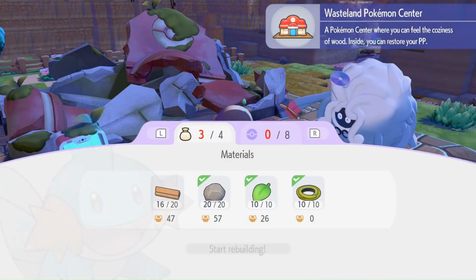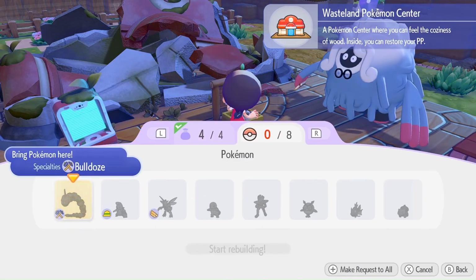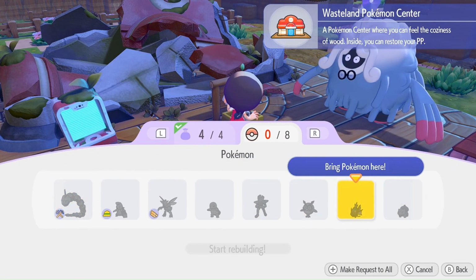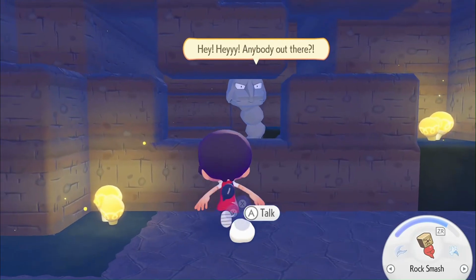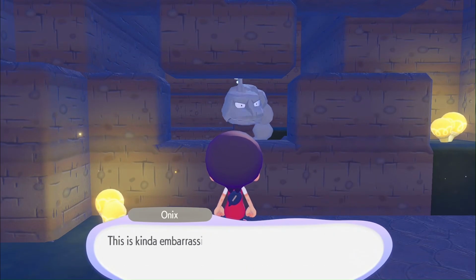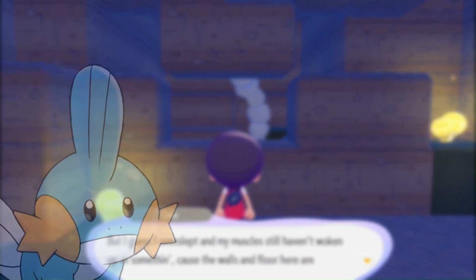Back to the game. After continuing to improve the environment, you and Professor Tangrowth decide that it would be worthwhile to rebuild the Pokemon Center. But you need a Pokemon that has the ability to grind, I think? We find an Onix with this ability, but unfortunately he's trapped inside this cave with these unbreakable blocks blocking his way out. I hate to be that guy, but can't Onix just